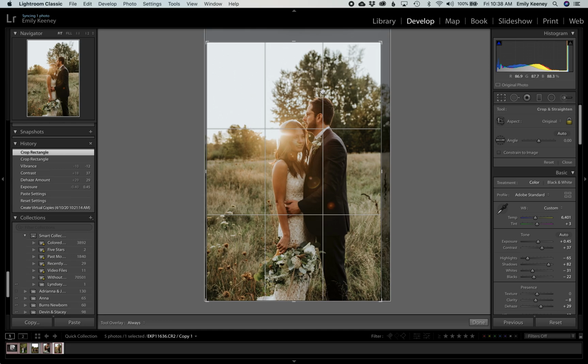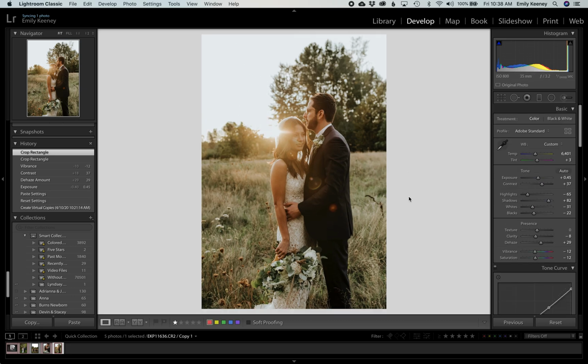And one of the great things about this grid is that it gives you the rule of thirds, which tells you your focal point should be in one of these cross sections, which, I mean, rules schmools, I don't go with that all the time. But if it is a little bit off center, it does help create rhythm and movement. Like your eye enters up here and then comes down and back around. So let's see, I think I like that. Yeah. So I'll show you